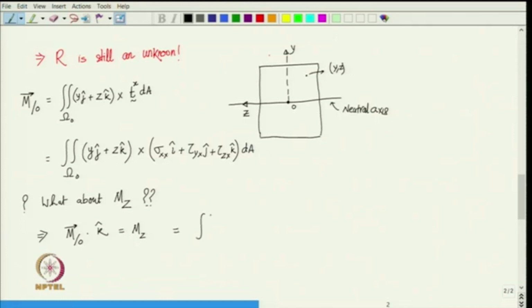So, we have this integration again, y j plus z k cross product sigma x x i plus tau y x j plus tau z x k, and then the whole thing has to be dotted with k, and then we have d a,